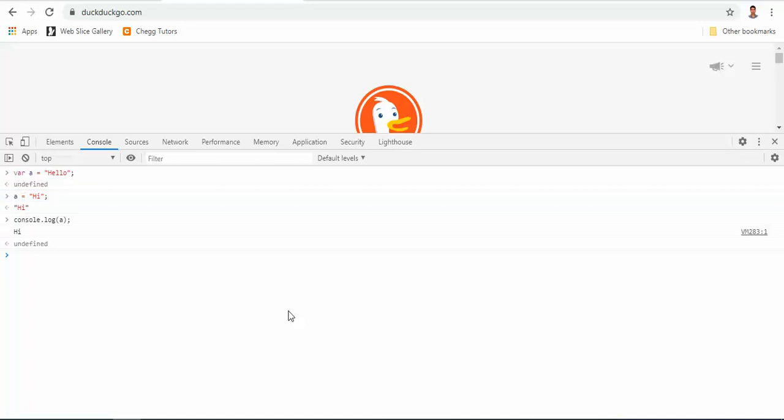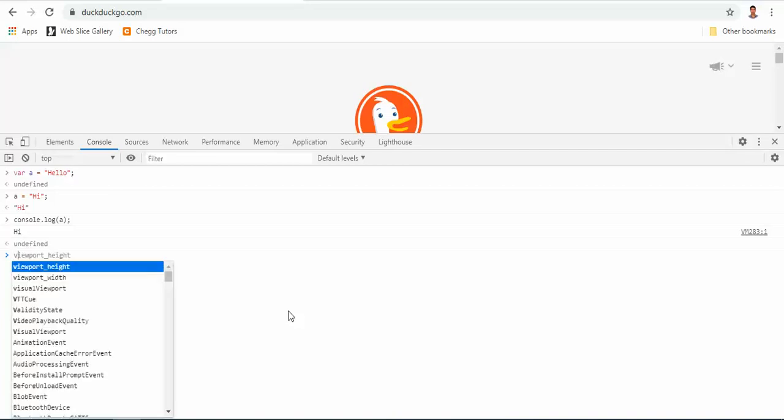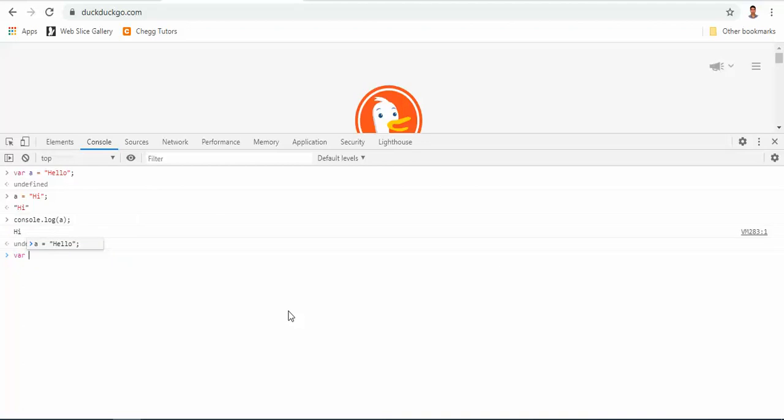So the first data type, I will take string. A string is, in simple language, text. So I will say var x equals "hello". If you look at this value, it is a string because it is in double quotes.